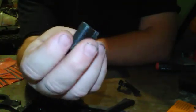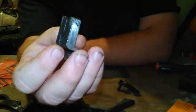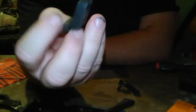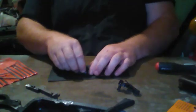We do not want to touch these black sides. Leave them alone. We're just going after this side and this side right here. And note that there's an angle right here. Leave that angle there. All we're doing is smoothing things up and getting rid of the machining marks. So,